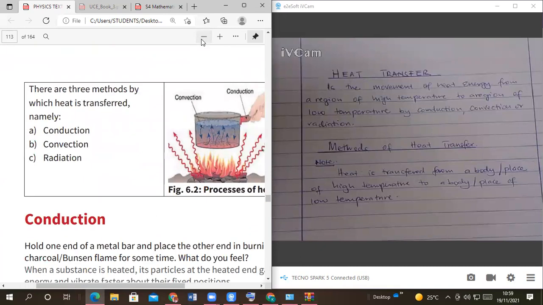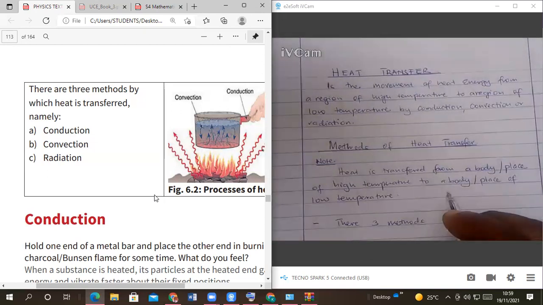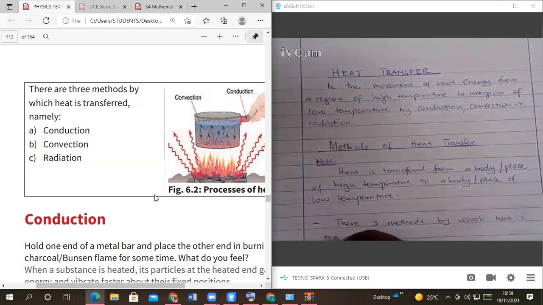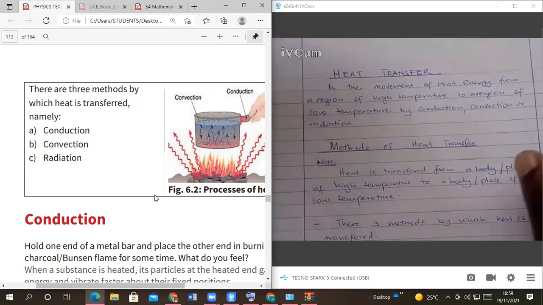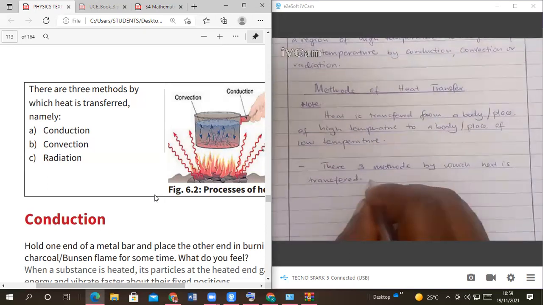So we say that there are 3 methods. So in our book, there are 3 methods by which heat is transferred. So namely,